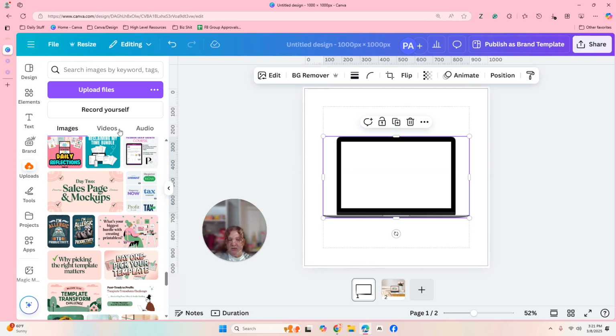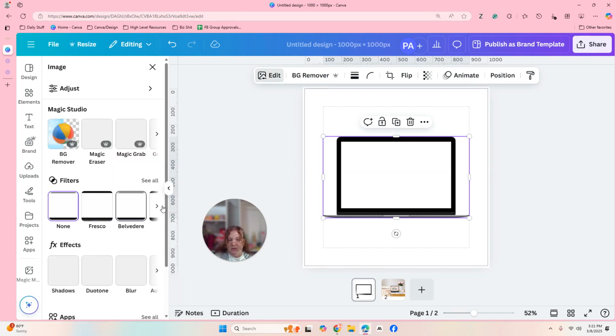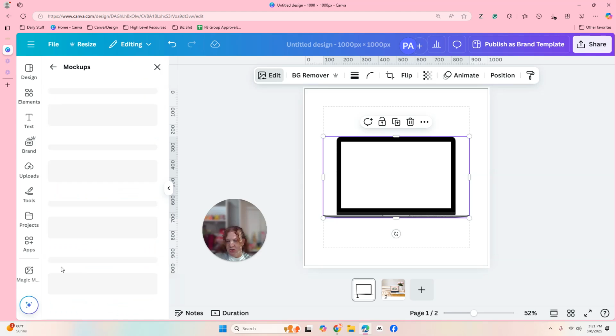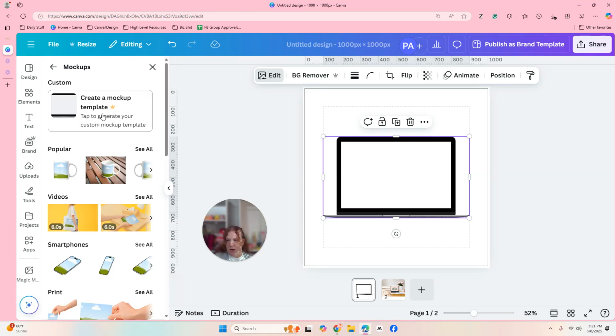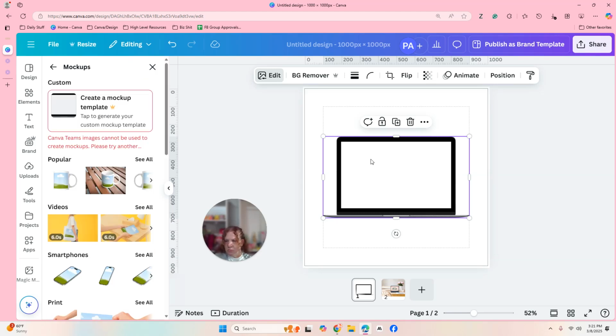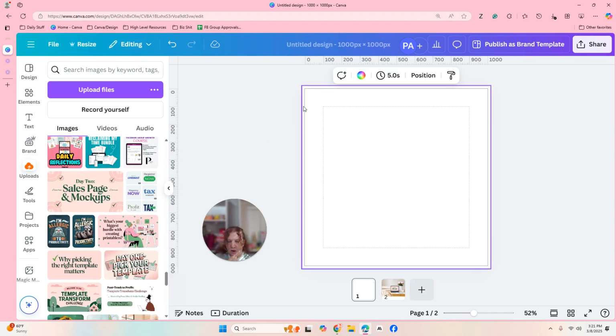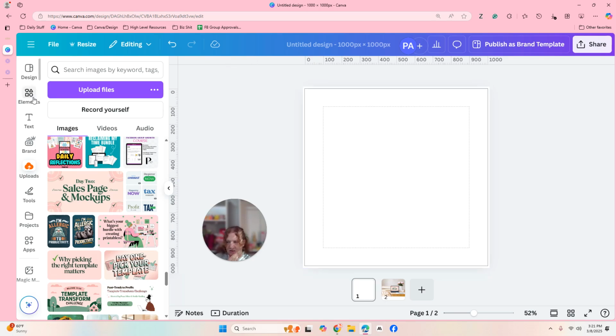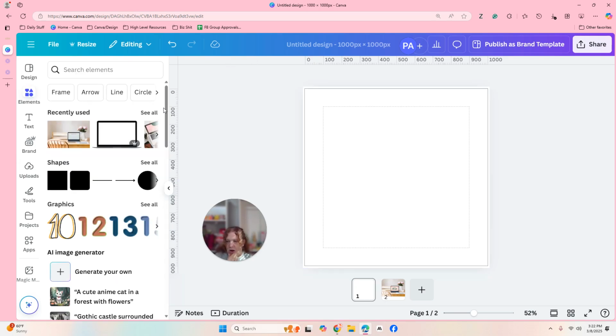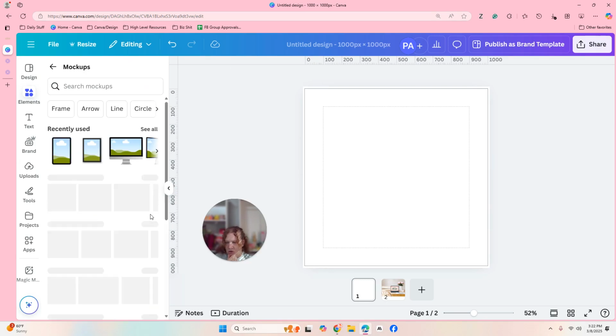Let's try this again. I am going to go to edit. I am going to go down to smart mockups, create your own. Oh, Canva team images can't be used, okay, well that's good to know. Can't use these, and that's perfectly fine. All right, so not a problem. Now, I'm going to go ahead and delete that, and we are going to go to Elements, and now we're going to go down, and I'm just going to grab right here,